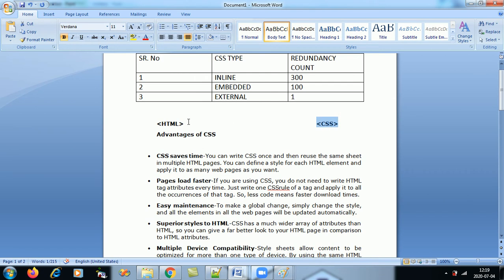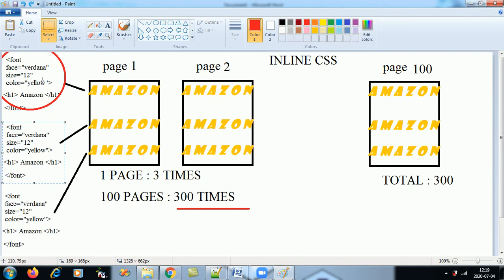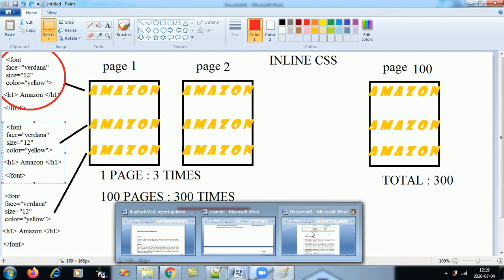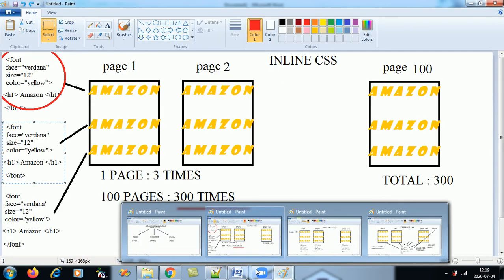If you want to change the font of a particular element in HTML, we use font, and the attributes of font are face, size and color. But these are for HTML, they might not be the same. They have a slight difference in CSS.